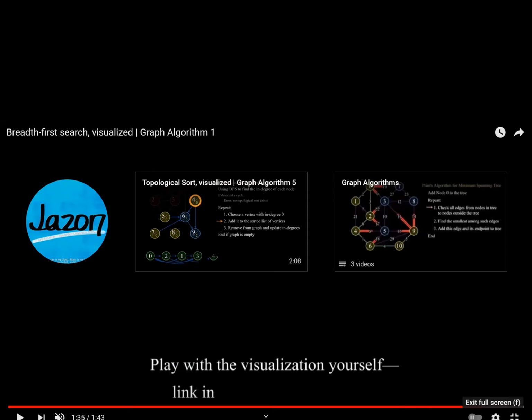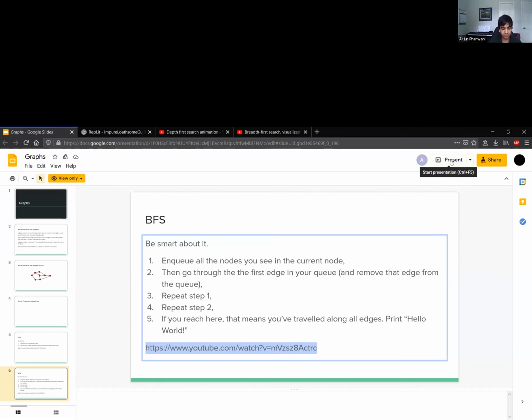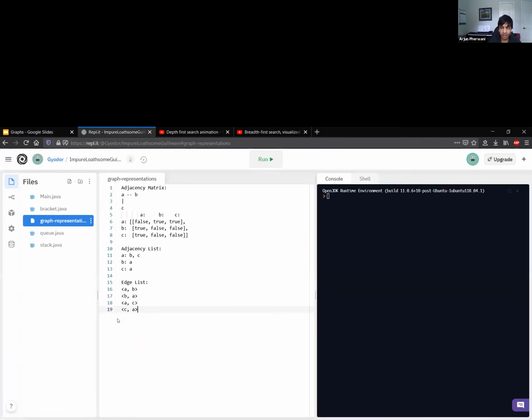All right. So, Nate, could you go back to the REPL? Now, in the interest of time, we're only going to code up depth first search today. Breadth first search will be a thing we do next time. Is that okay? That is okay.